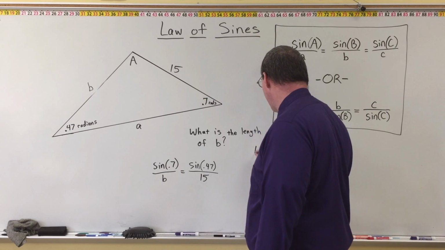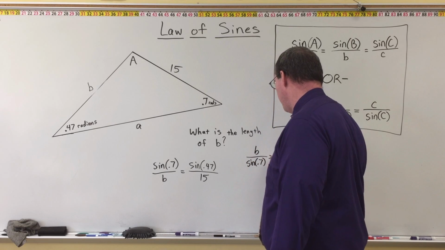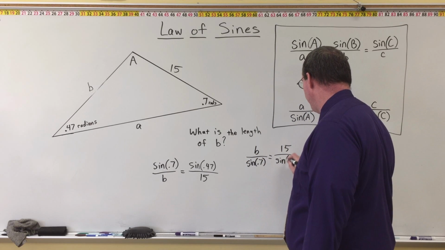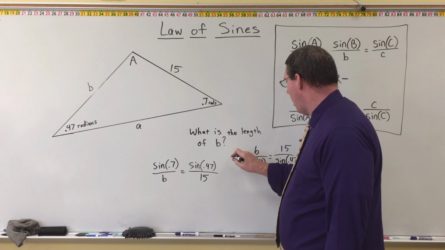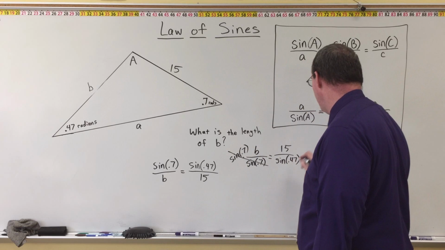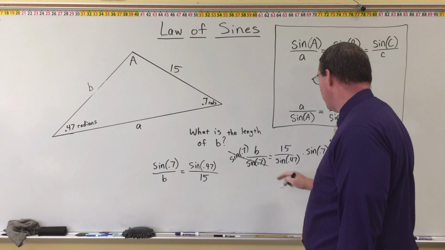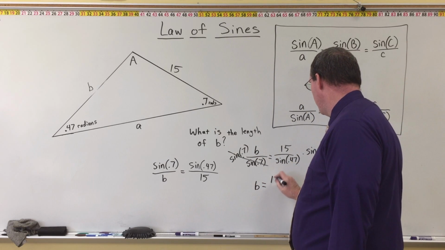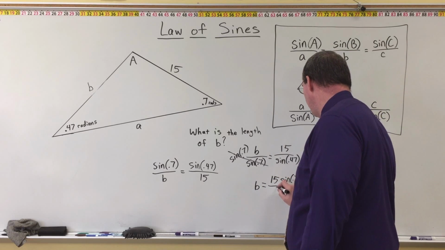So let's switch it up and make it B over sine of 0.7 is equal to 15 over sine of 0.47. Now all I have to do is multiply by sine of 0.7 on both sides, cancel, multiply by sine of 0.7 over here, and now I have B is equal to 15 times sine of 0.7 divided by